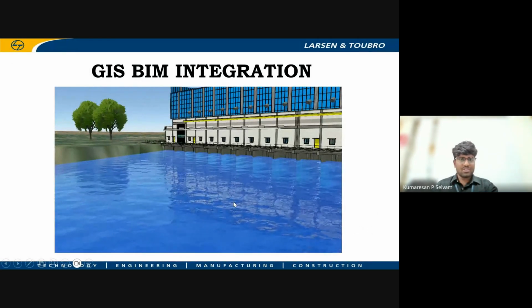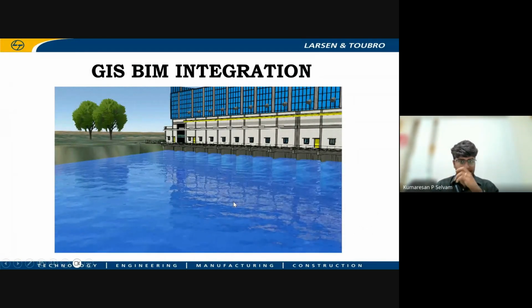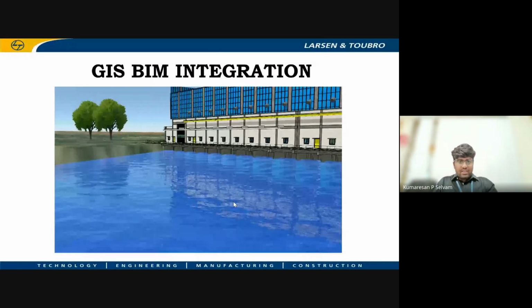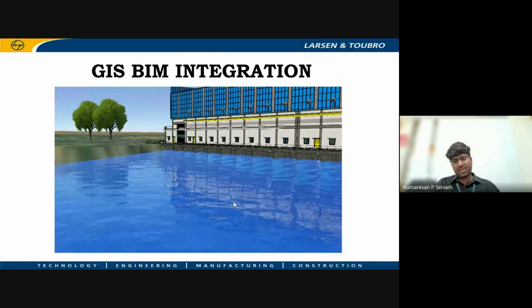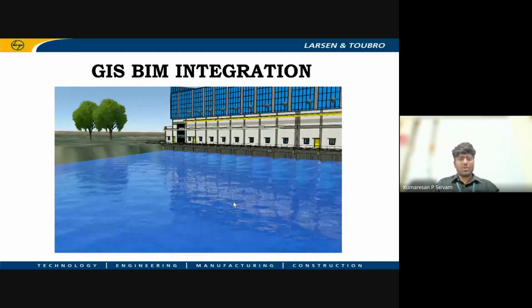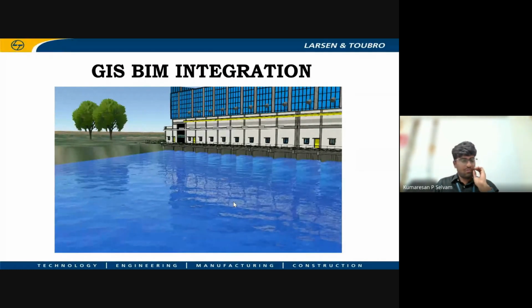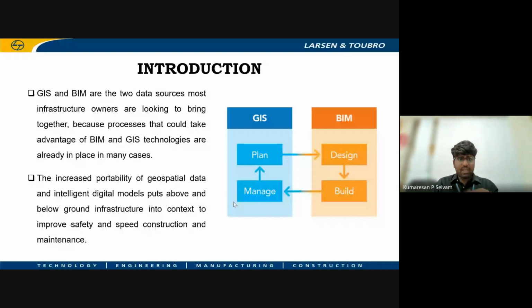And now comes the GIS BIM integration. This is an integration of two technologies: GIS is a separate technology, and BIM is a separate technology. Both integrated together will bring out more, because nowadays clients are expecting more visualization and more advantage in the processes.